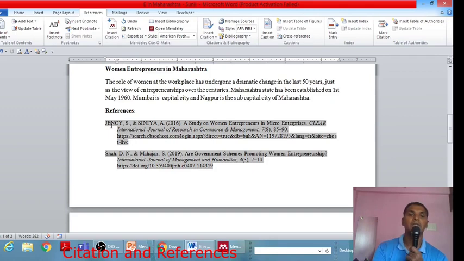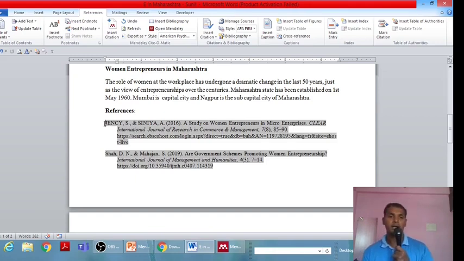It means the references are automatically added. There is no need to type the references manually. So easily you can insert the references in any referencing style. This referencing style we can also change, but that part we will see a little later.